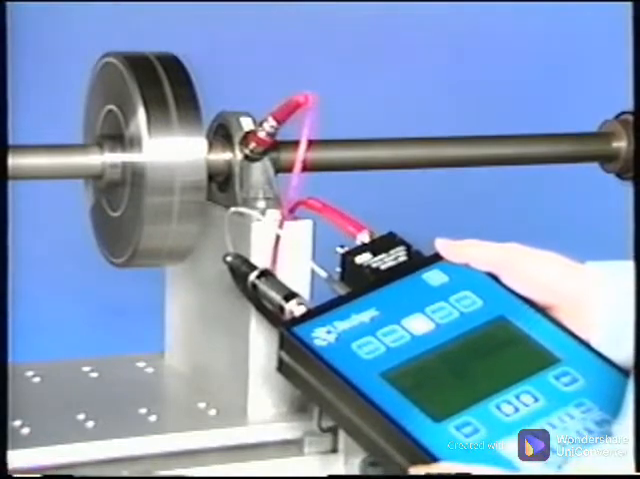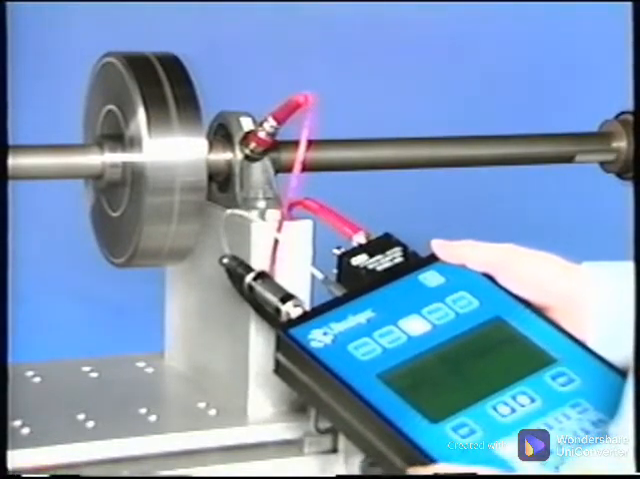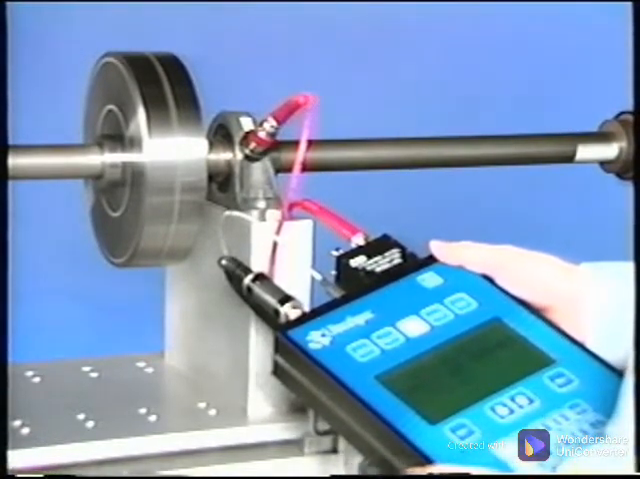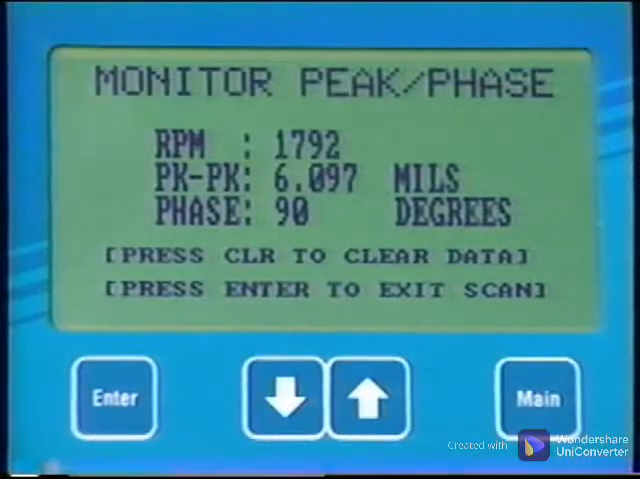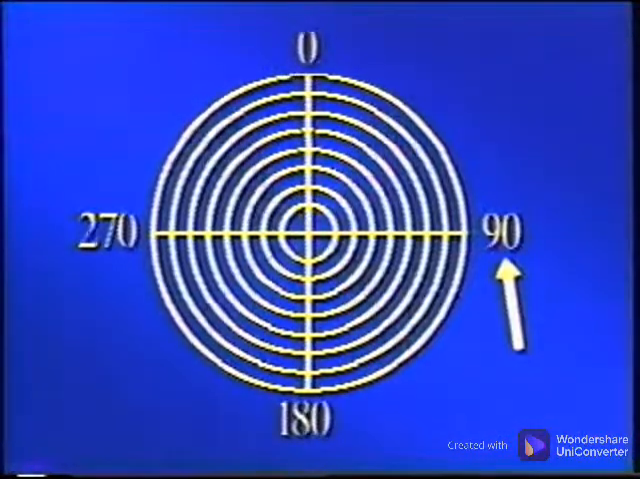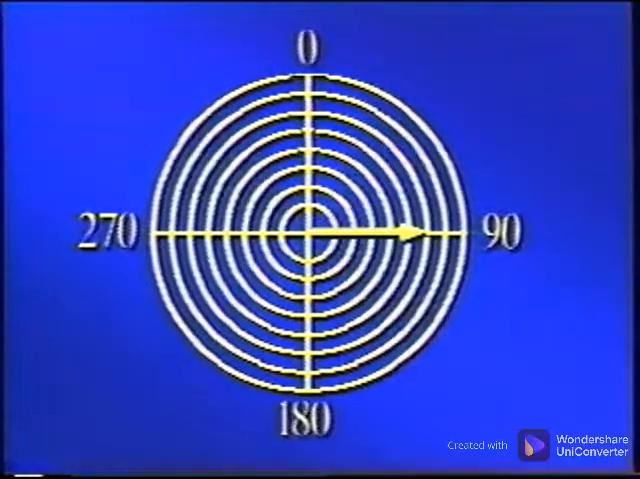Now we will record the initial vibration and phase data of the machine before we actually begin the balance job. This data is the as-is or reference run data. The initial reading is 6 mils at 90 degrees. 90 degrees is here, and 6 mils is here. A line from the center to this point is the vector that represents the initial unbalance in the machine. Label this vector R for the reference vector. The goal of the balancing procedure is to draw